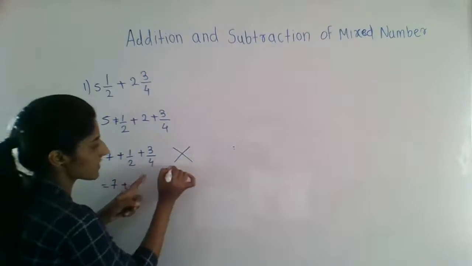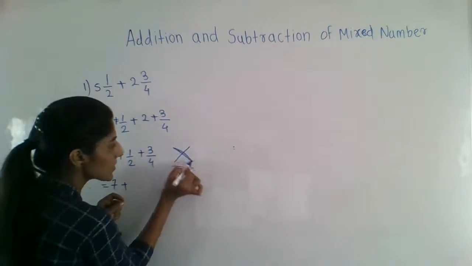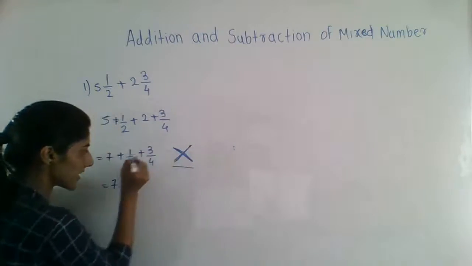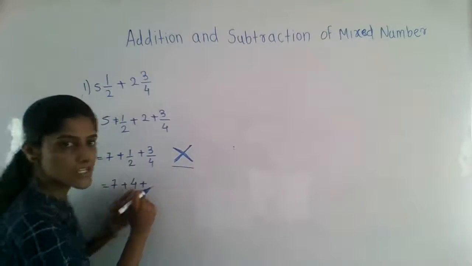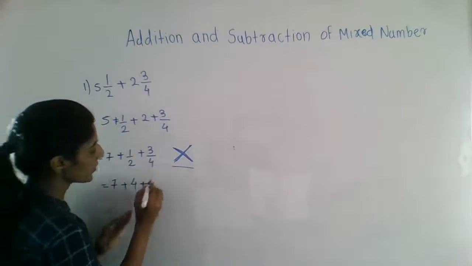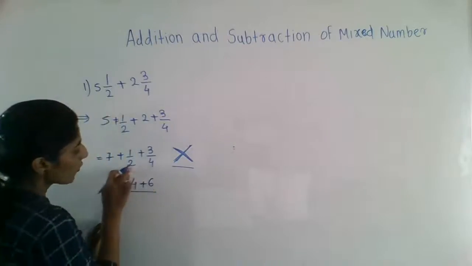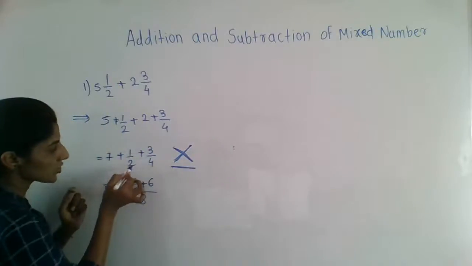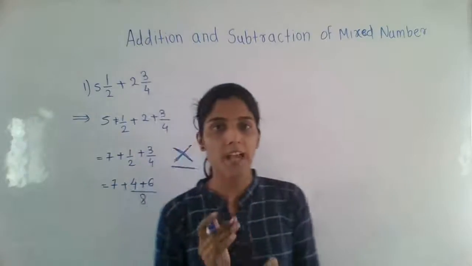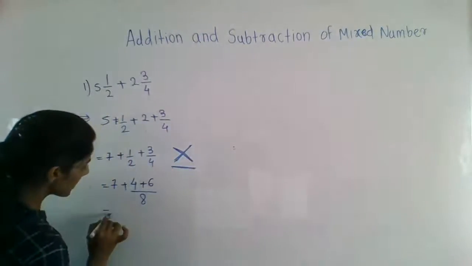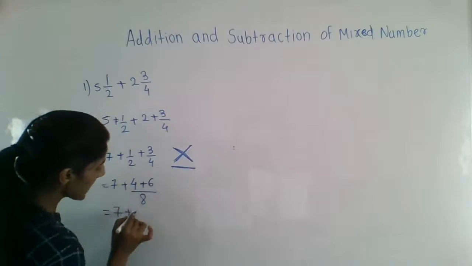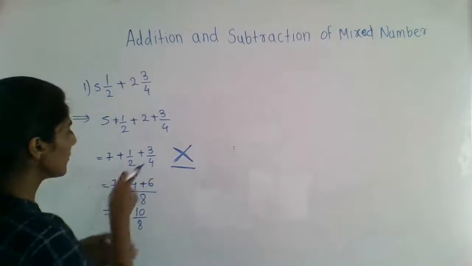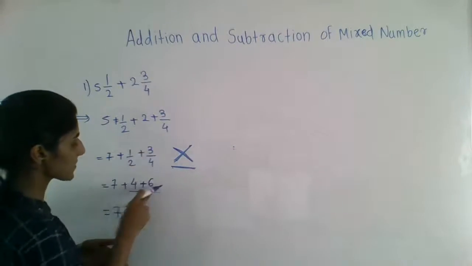You can see here, cross multiply the numbers. Our first cross is 1 into 4, that is 4. Our second cross is 3 into 2, the middle sign is given as it is, we get 6. And 4 twos are 8, that is our last line. That is cross multiplication, and multiply the denominators and write at the denominator. Understand? Now you can see here 7 plus 4 by 4 plus 6, we will get 10 by 8. How do we get this? 4 ones are 4, 3 twos are 6, 6 plus 4, 10.